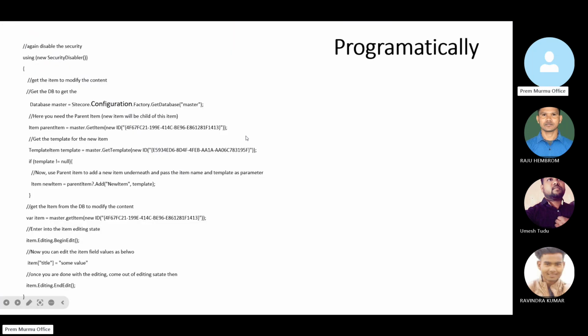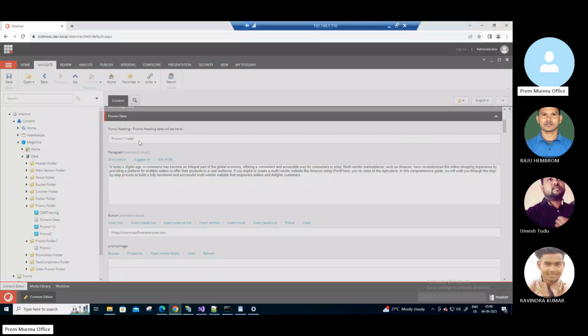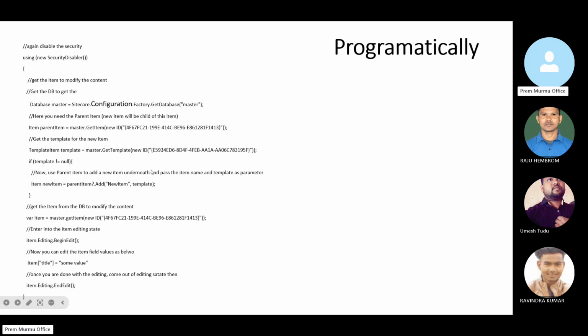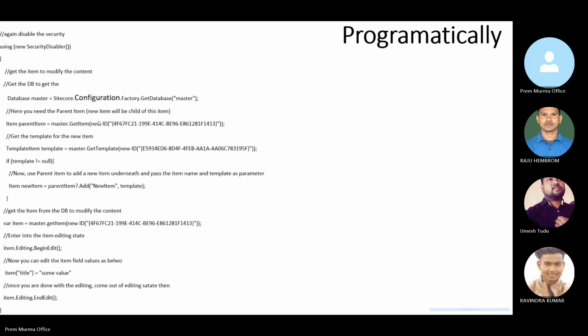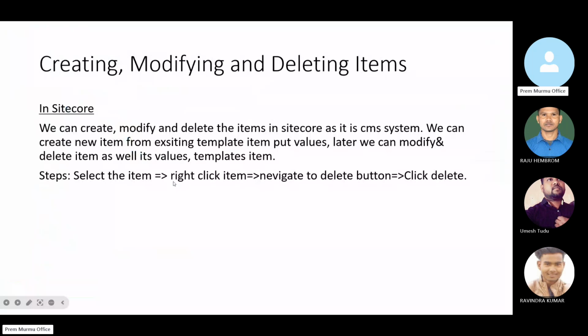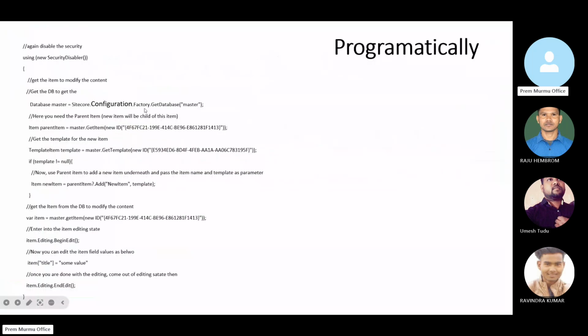Next, let's see. I created from template, the property is still coming. So let me explain how we can create the item programmatically. What we do is, first of all,